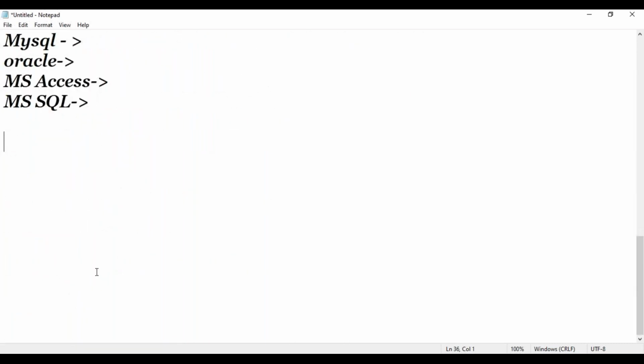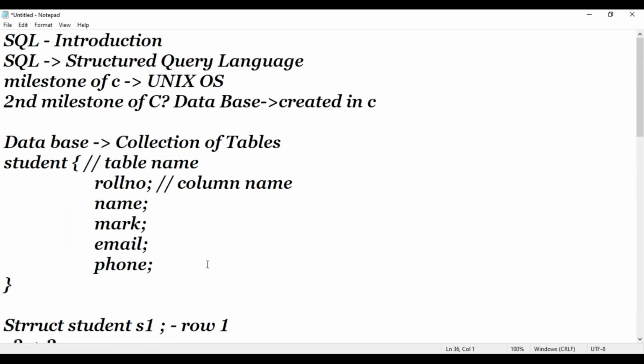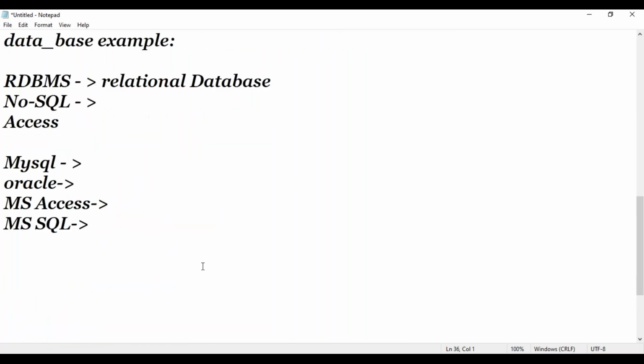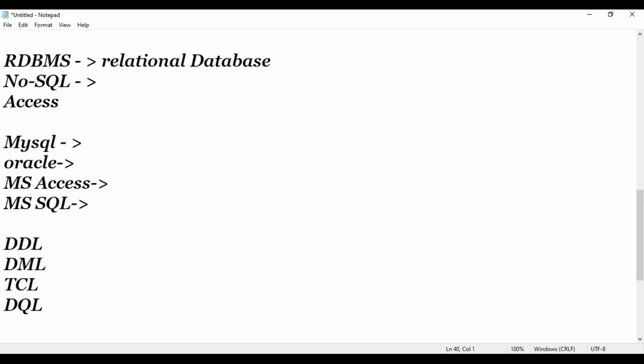So we start with the normal keywords, or the normal processing techniques, that we are going to use in a database. So we start with DDL and then DML and TCL and DQL and